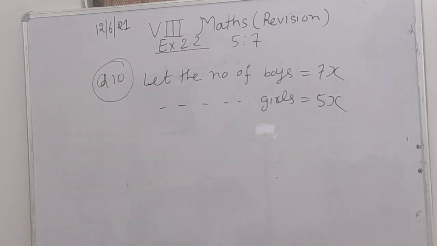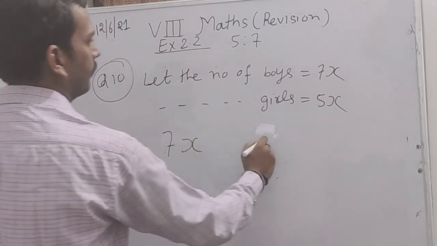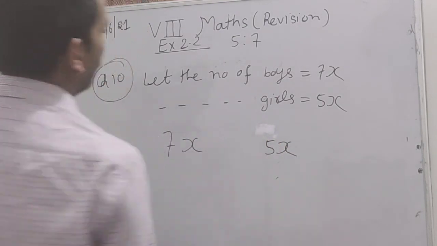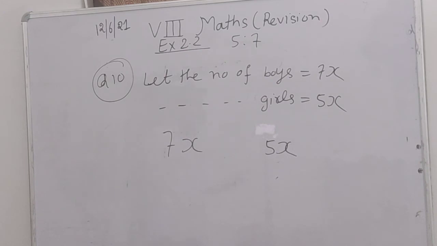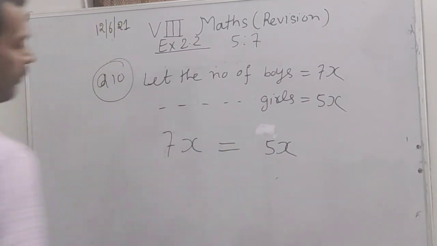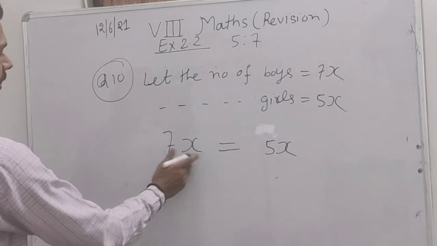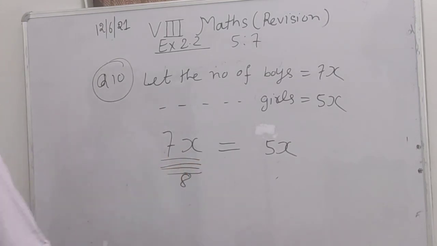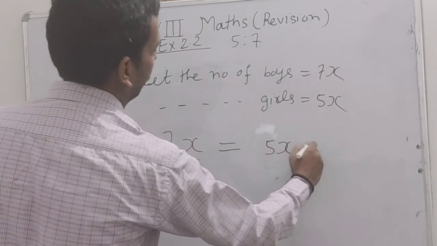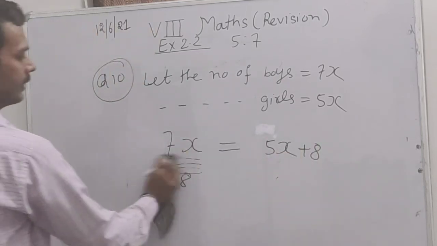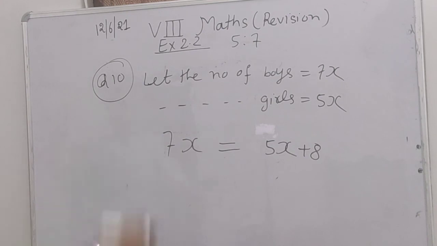Very quickly I am summarizing this question because the video is going too long. The number of boys is 8 more than the number of girls. So according to the question, we have to make a linear equation, so we will put an equal sign. But they are not equal, since the number of boys is 8 more. So for making them equal, we always add to the right hand side. This is a common mistake made by students.